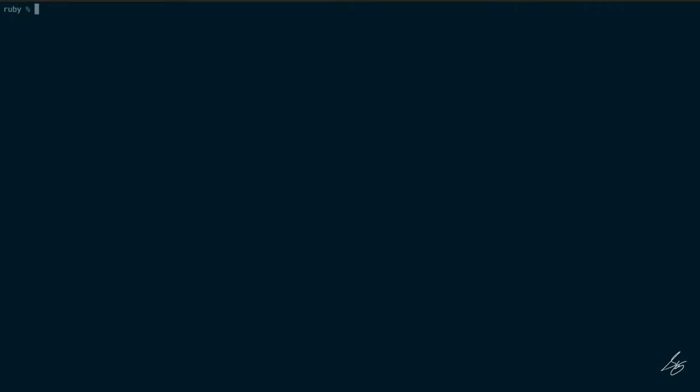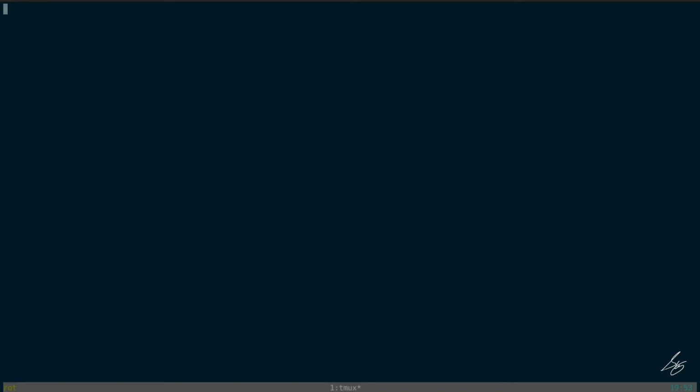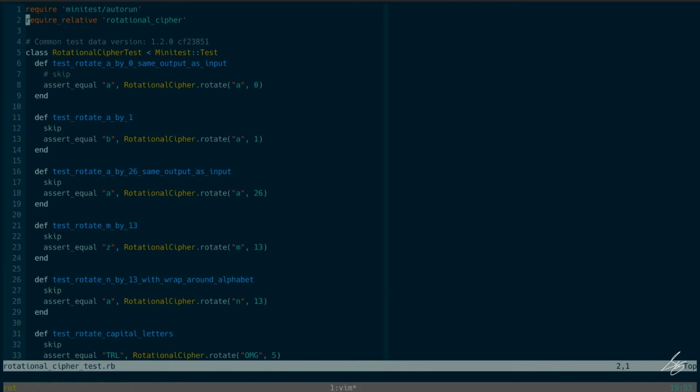So let me go ahead and copy this. Go into the directory. Copy in my rake file and start a new tmux session. I'm going to go ahead and get rid of the existing empty Ruby file. Open up the tests and see what we're looking at. Okay. Yep. So inside of rotational_cipher.rb, we will have a RotationalCipher class with a class level method